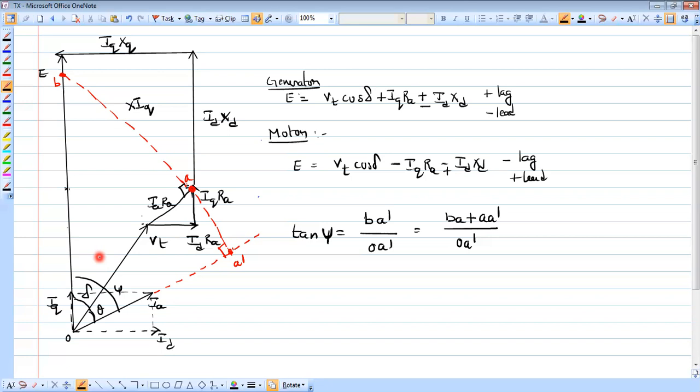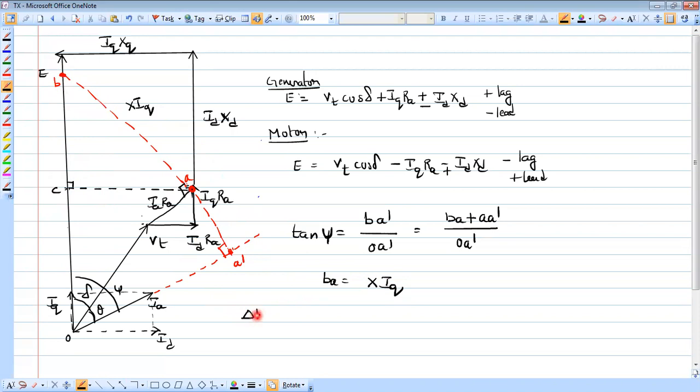Some reactance drop it is. Why? Because it is perpendicular to IaRa. That reactance I am representing with X, and I want to find this reactance X. What is this reactance actually? Then only can I write BA, right? Now, BA is equal to X into Iq. To find this X or BA distance, I am drawing a line to meet point A, perpendicular to this. Now we get one more right angle triangle, the right angle triangle BCA.